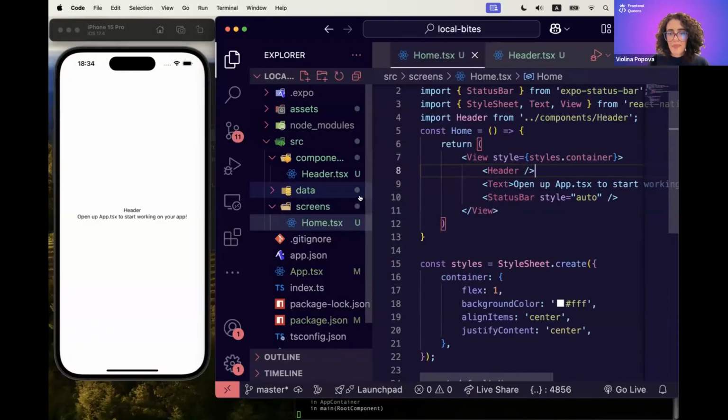All right. So you see here the header, which means that the component is already present in our home screen,